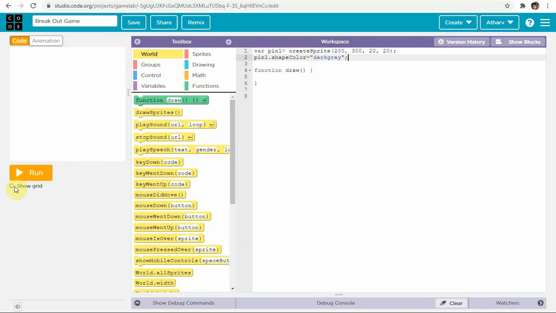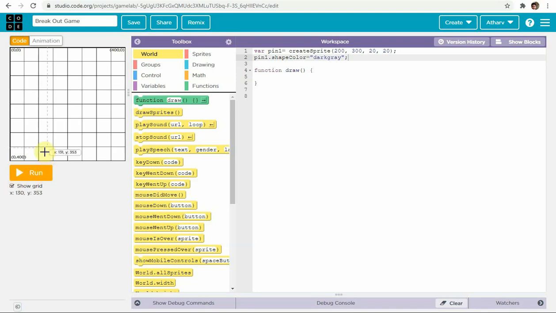Show grid. Yeah. With show grid, you can show the grid also. Now this is 200 and I'll show 300.